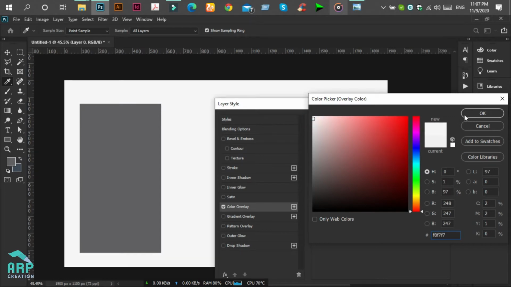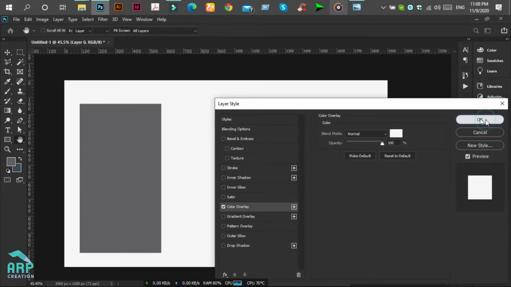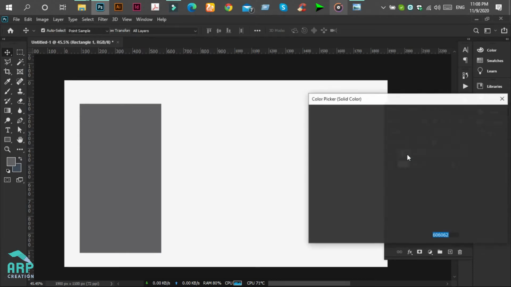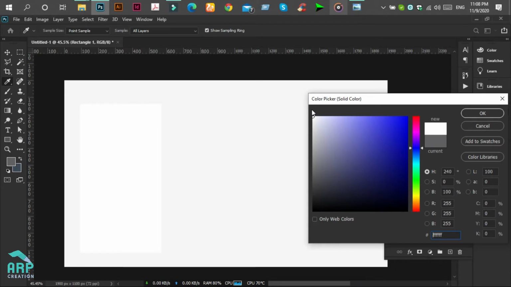Then click on OK. Then we will lock this layer again. Now we will change this rectangle color to full white.